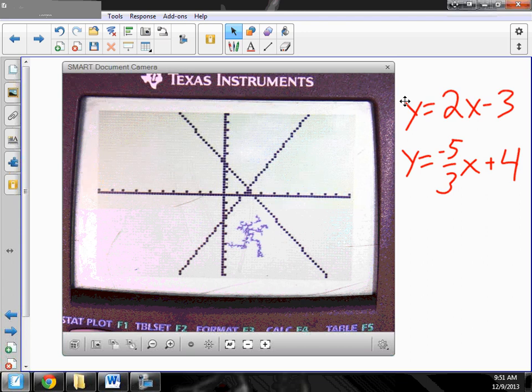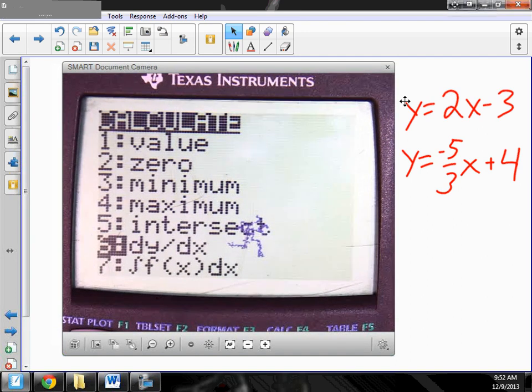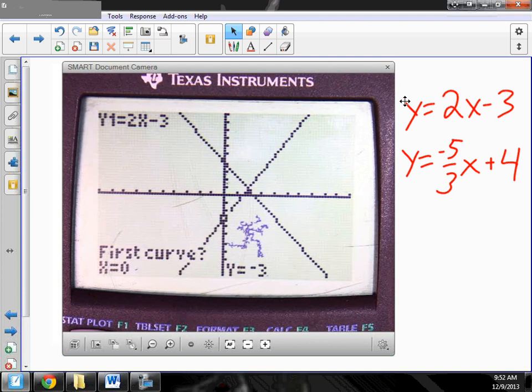Where do you suppose that button is hidden? Second calc, the same place we find all the other calculations. And we want to find the intersection, so go to number 5. And it's going to ask you 3 questions. And the nice thing about this is, as long as you only have 2 graphs, you can't really screw this